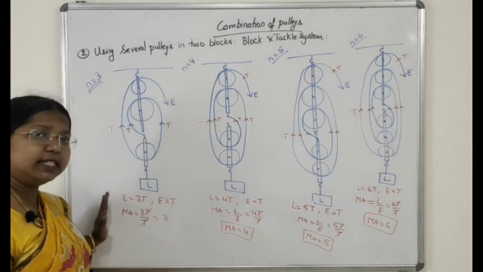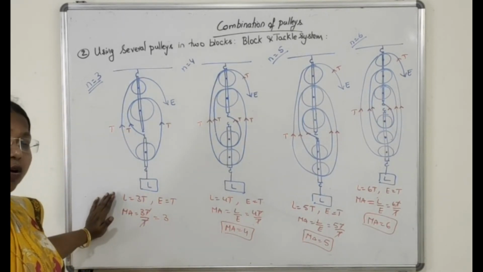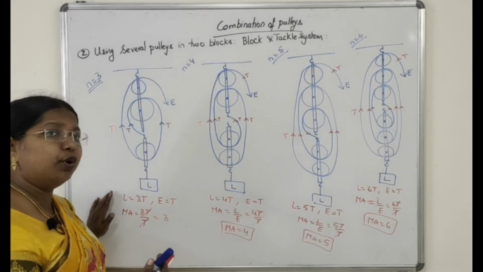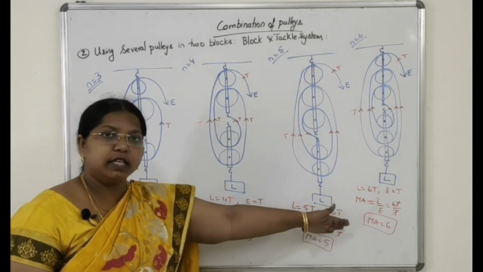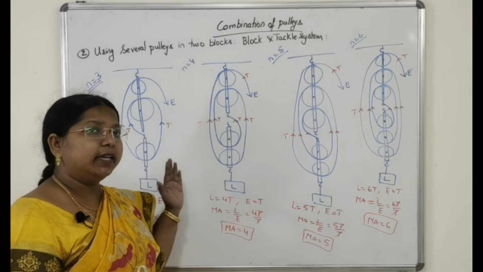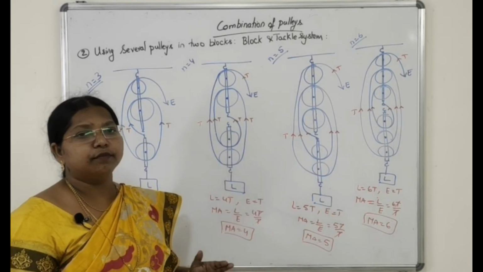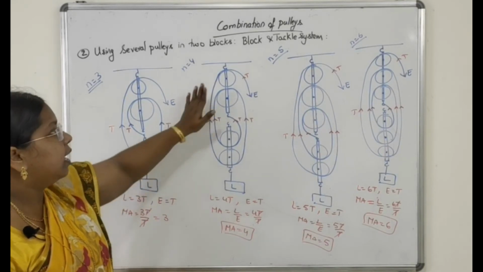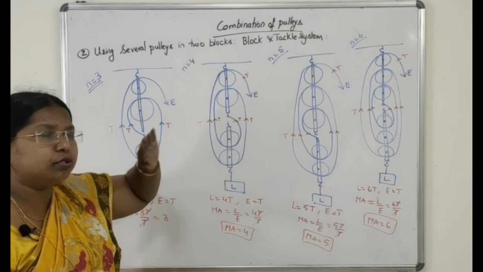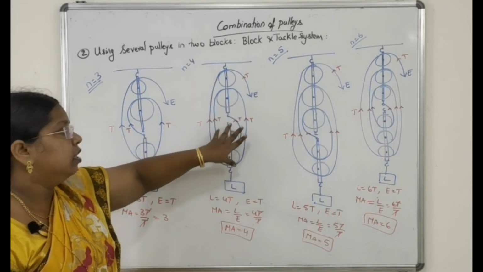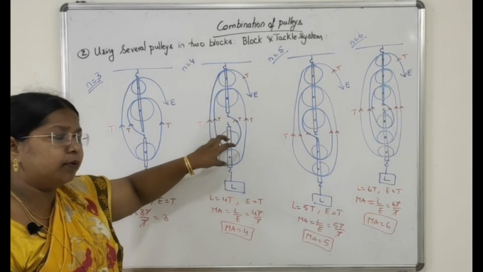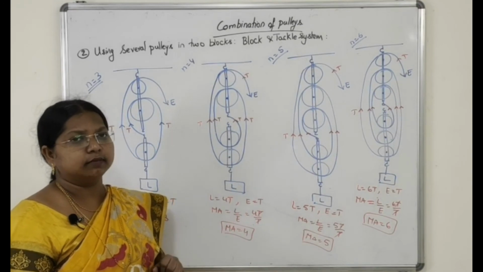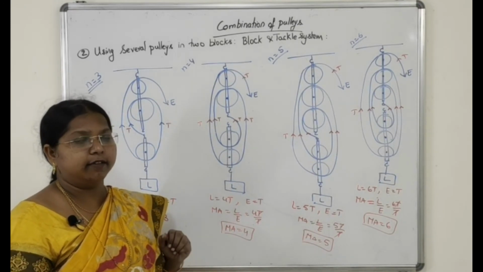Can you see here? I am increasing the mechanical advantage to lift the heavy load or to shift the heavy load. To lift or shift heavy loads, mechanical advantage should be increased, more than 2, 3, 4, 5, 6. So depending on the load, I can use several combinations of pulleys in 2 blocks. So this is called the block and tackle system. The upper block pulleys are already fixed to the rigid support, so the weight of the upper block will not be affected. The weight of the lower block pulleys, the weight of the string and friction in the ball bearings of the pulleys will affect, which will decrease your mechanical advantage.